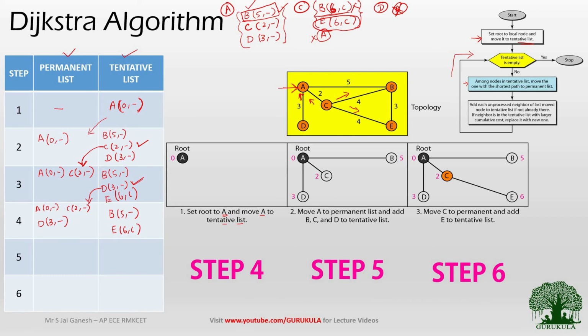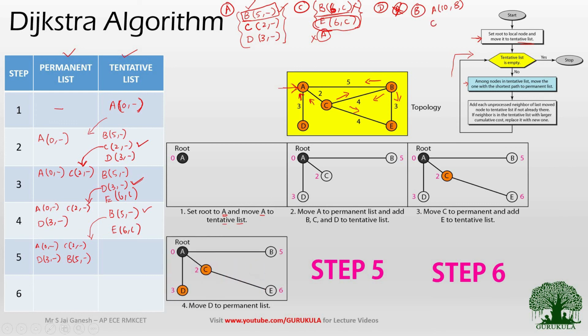Now we have to repeat the procedure. Out of these two entries, B has the lowest cost, so we need to move B to the permanent list. So we will have A0 hyphen, C2 hyphen, D3 hyphen, and now we are moving B5 hyphen. Now looking into B's node, let us process the neighbors of B. The neighbors of B are A, C, and E. So I can reach A with the cost of 10 if I go via B, and I can reach C